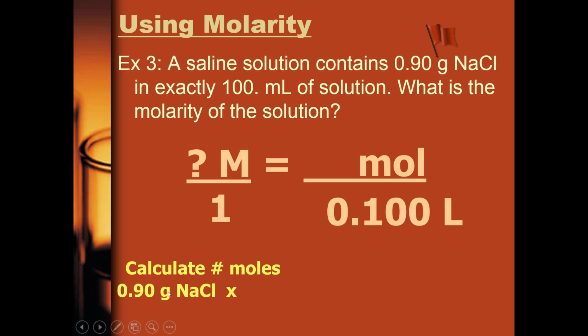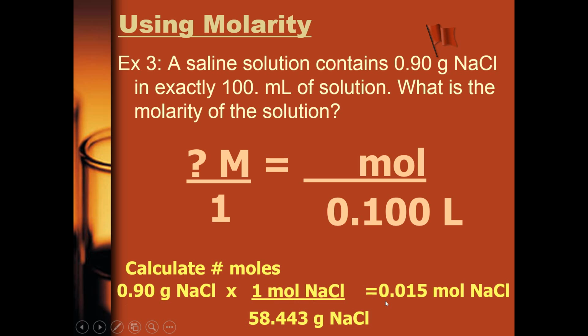If we have grams in the numerator, we need grams in the denominator. So this time, not like the last problem, I put 58.443 in the denominator because I need grams to cancel out with grams. This ratio here still represents my molar mass, so you always have to just make sure your units cancel out diagonally. It just depends what we're solving for. Now we can do the math because our units cancel out, grams cancel with grams to leave us with moles. And to type this into your calculator, you type 0.90 divided by 58.443. Our final answer is